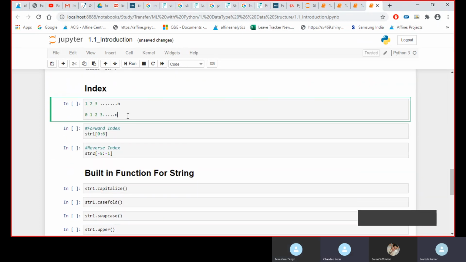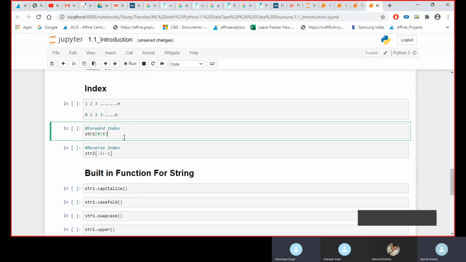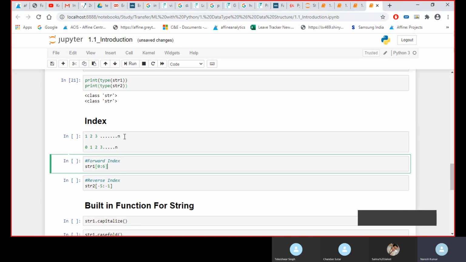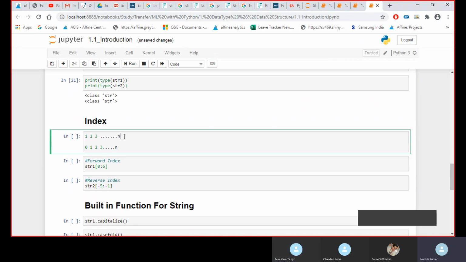Now, one thing with the string. In math or in any other programming language, our index would usually start from 1 and keep going till n. But in Python, our index starts from 0, and then it goes to n minus 1.